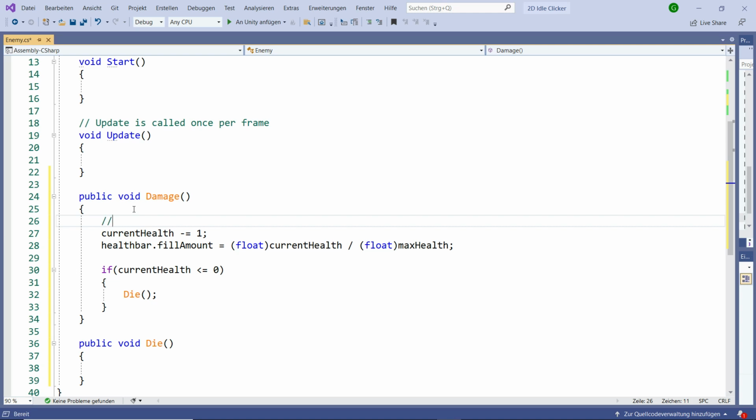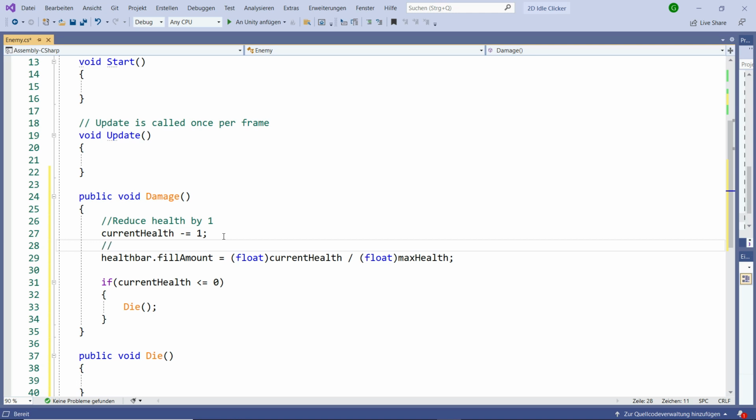Here, when I use the slash, that means it's a comment and it will not get read. It's just information for the person who wants to read our script. So here: reduce health by 1, then here